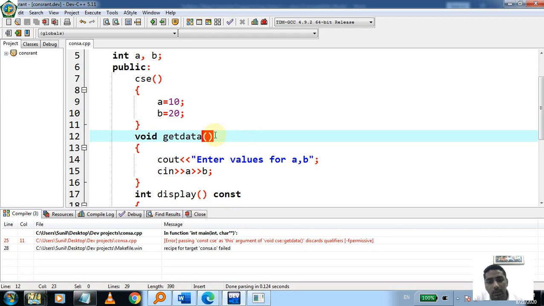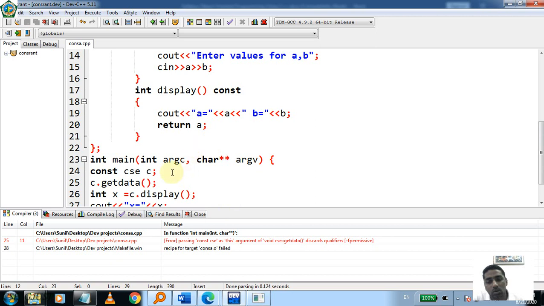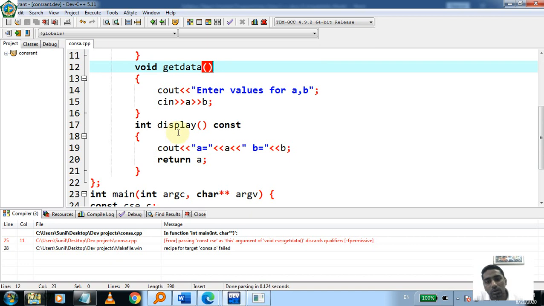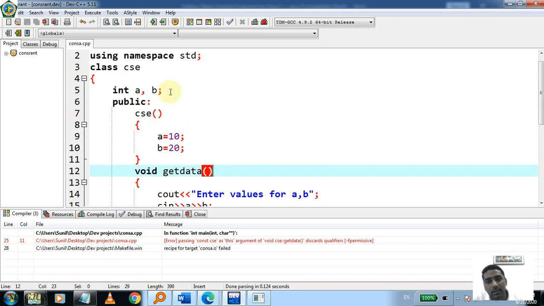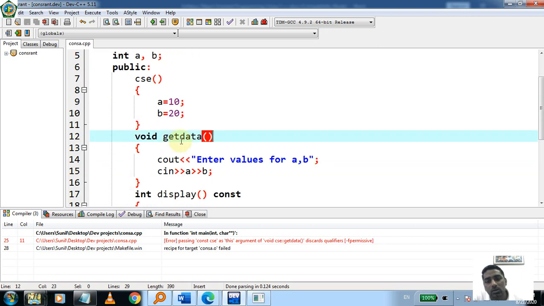Both are callable by a normal object which is not constant. But if your object is constant like this statement, then it can only call a constant member function, and it can only access constant data members. It cannot access any normal method, any class member function which is not constant.